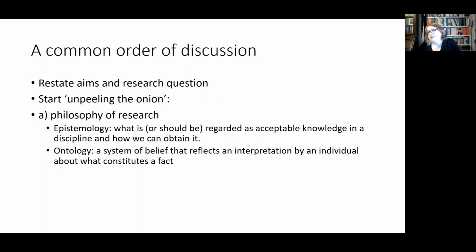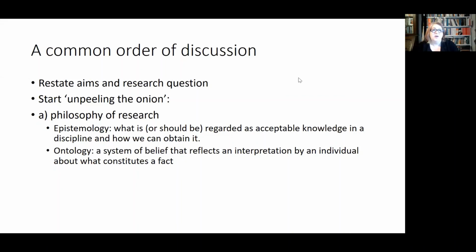Not all theses do that, but if they do, it's usually in the methodology section. There are a lot of varying definitions of what epistemology and ontology are. Just to give you one quick interpretation, epistemology is what you know about the field, or what is acceptable knowledge in a discipline, and how you go about it. And ontology can be the system of belief that you've come in with that reflects an interpretation about what constitutes